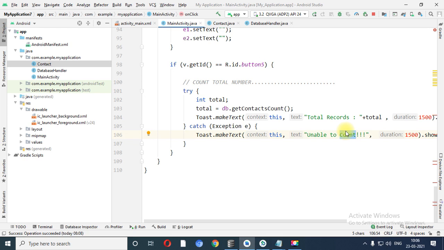Contacts, right? Instead of contact, you can create a table like student, employee, department, marks. You can take the example of any table and accordingly you can create your application. I hope the connectivity program is properly cleared.